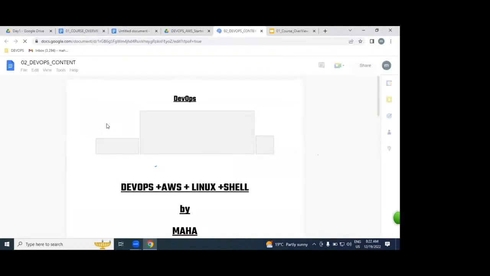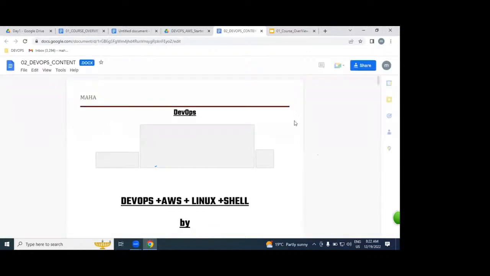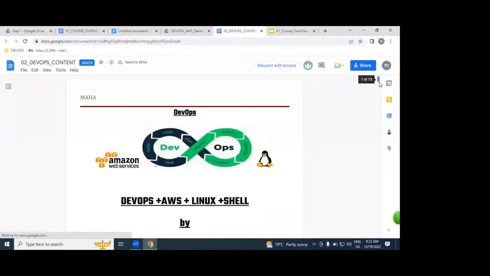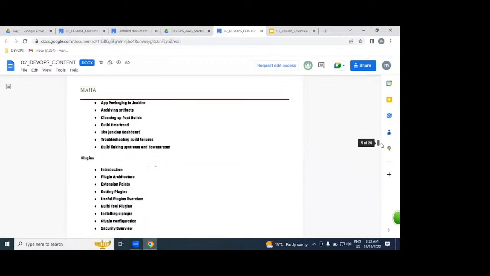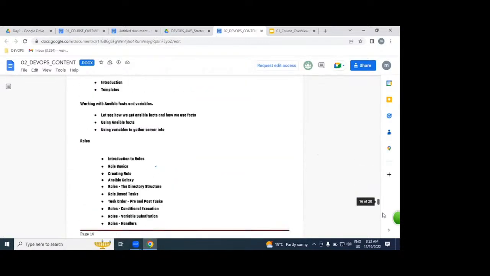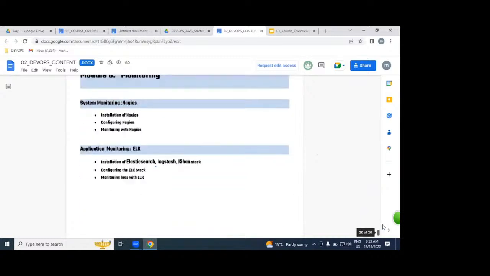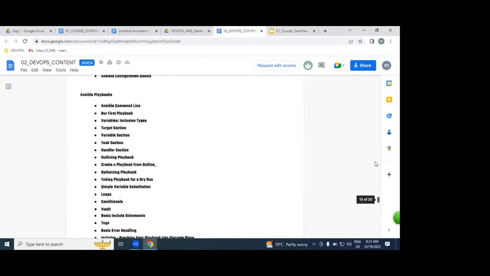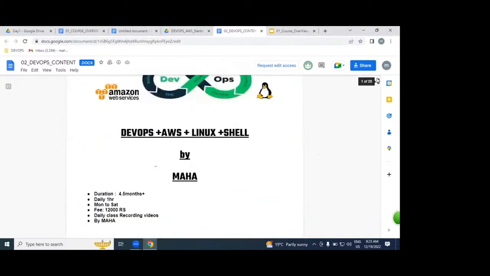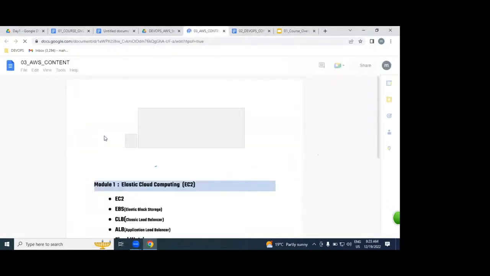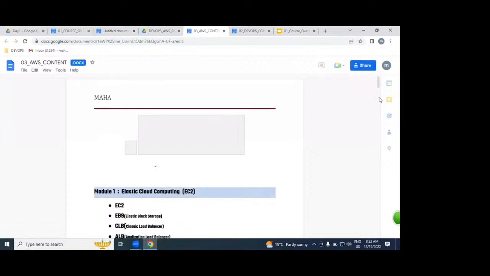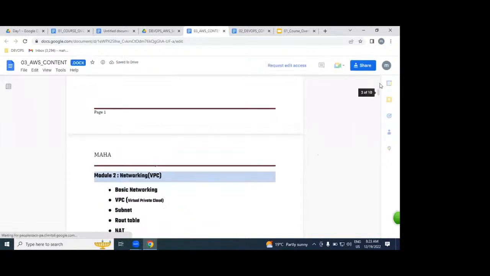What exactly we are going to discuss in DevOps, please look at once. It is around 20 pages of DevOps content. In the same way, we have AWS content also, around 9 or 10 pages.